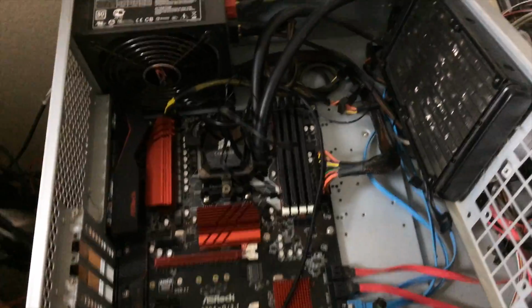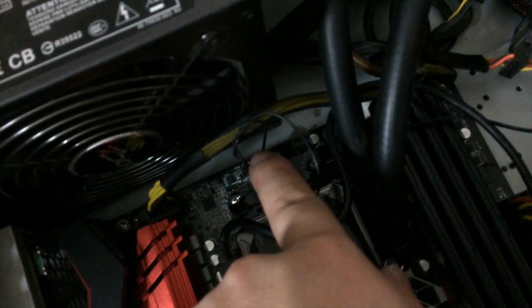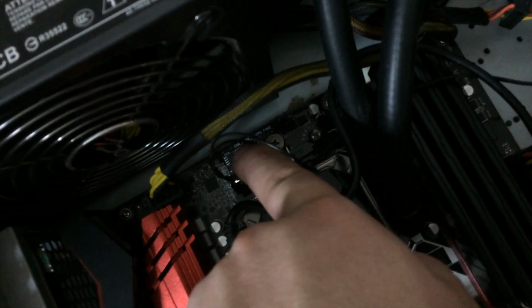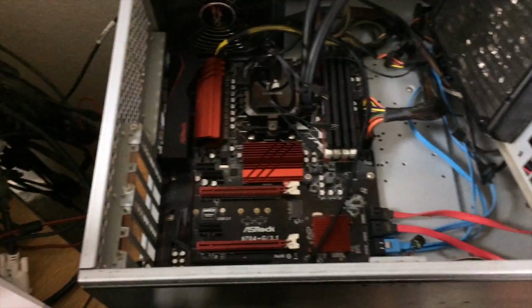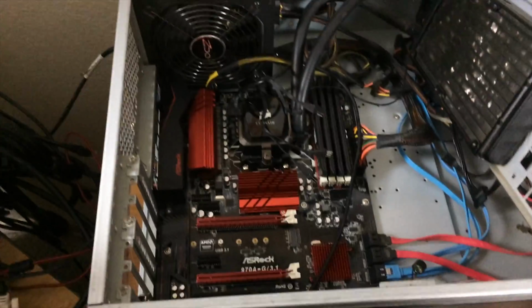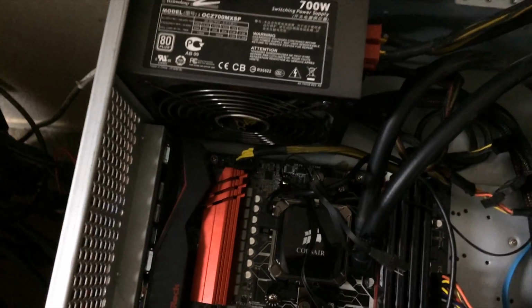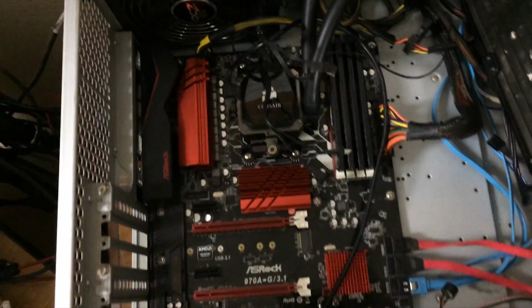So now that we've got the CPU block reconnected, we are left with all of these fan headers coming off of the H100i that will need to connect back up to these fans. The pump itself, it's difficult to see, but it connects to the motherboard CPU fan connector, just to tell the motherboard that, hey, I'm alive, don't think that there isn't a fan here. And that's a great feature, but this motherboard actually has several CPU fan headers, which is a